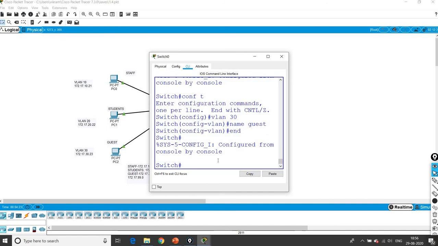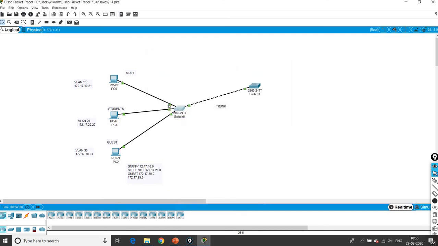So now you can give the interfaces. Which interfaces? FA0/1 for staff, FA0/2 for student, FA0/3 for guest.